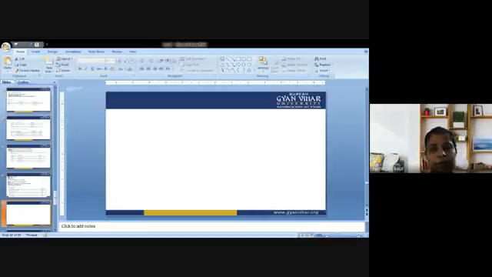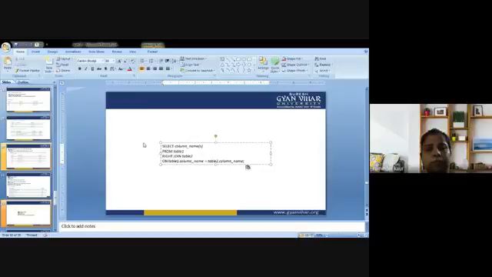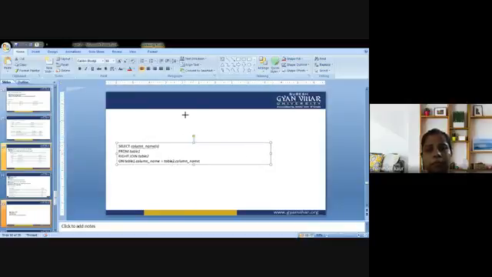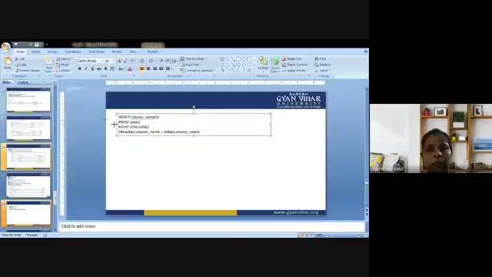So the syntax is the same, the only difference is we are supposed to use right here. Select column name from table 1, right join table 2 on table 1.column name is equal to table 2.column name. So we are supposed to deal with the query as well.